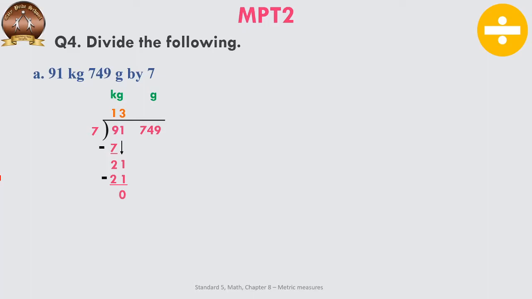Now what happens? Now we are left with no more kg. Now the grams have to follow. So whenever the grams have to follow, you will write the quotient under the gram part. Bring the 7 down. Now 7 into 1 is 7. Subtract it and you get 0. Bring the 4 down. Now 4 doesn't go in the table of 7 and it is smaller than 7. So there is no number in the table of 7 that can divide 4. So 7 into 0 is 0.